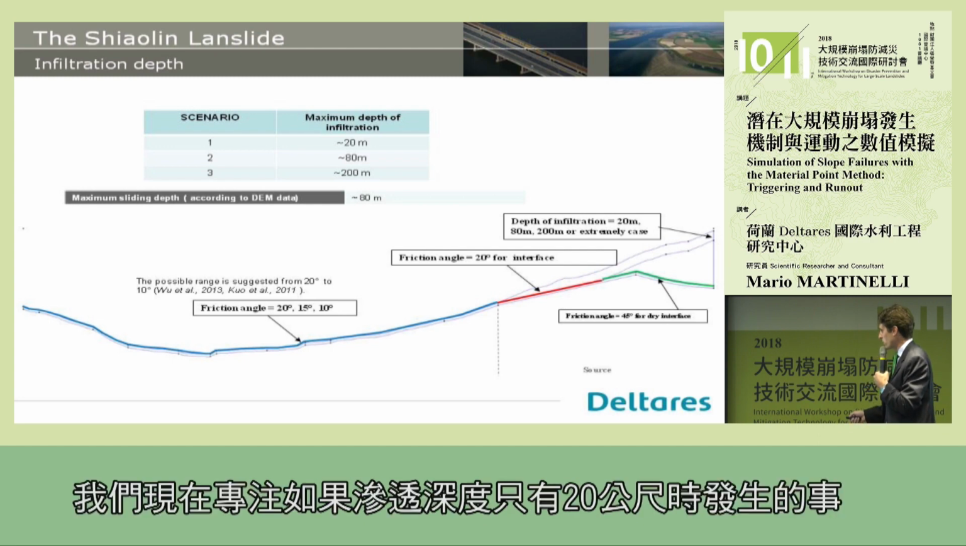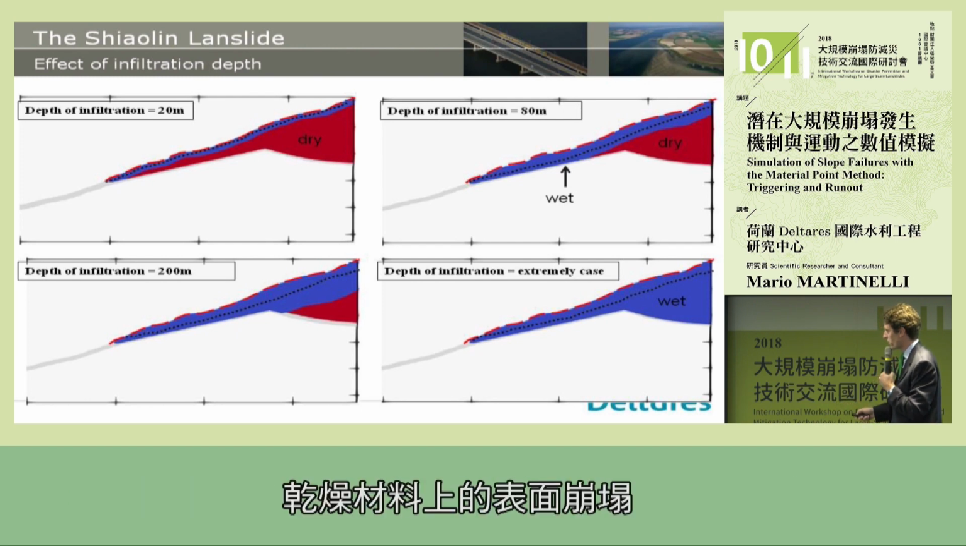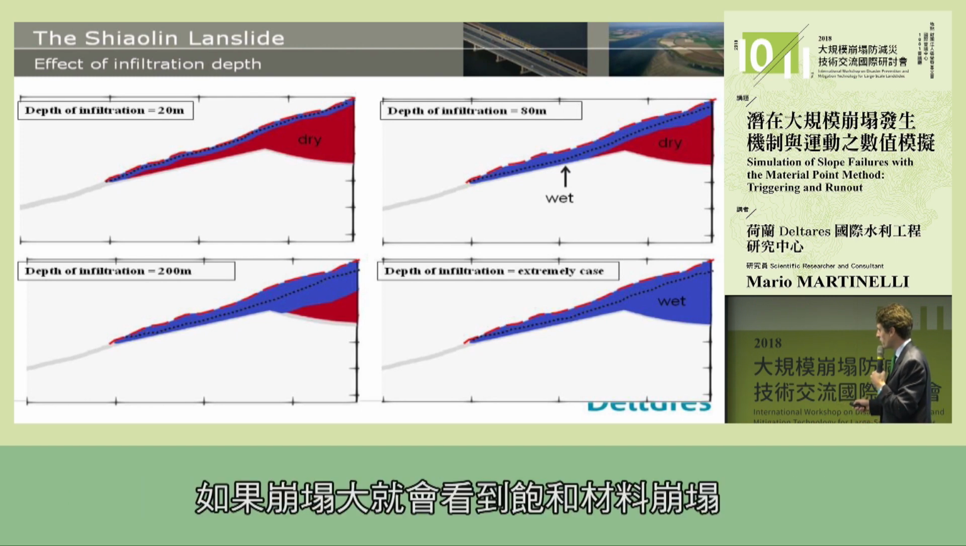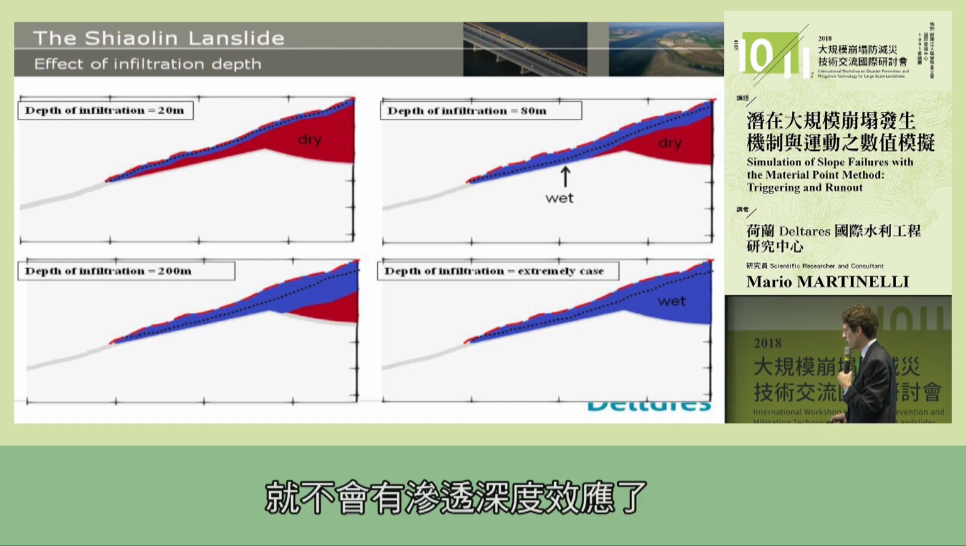So what we focus on here is what happens if the depth of the infiltration is only 20 meters. We get basically a superficial failure of the slope on top of the dry material. If the failure gets larger, then you see failure again in the wet material. But of course, if the infiltration depth gets deeper and deeper, then there's no longer any effect of the infiltration depth, because basically